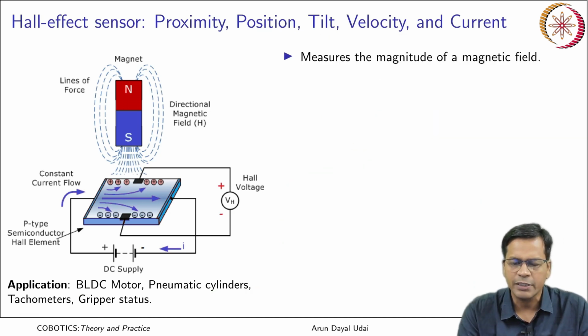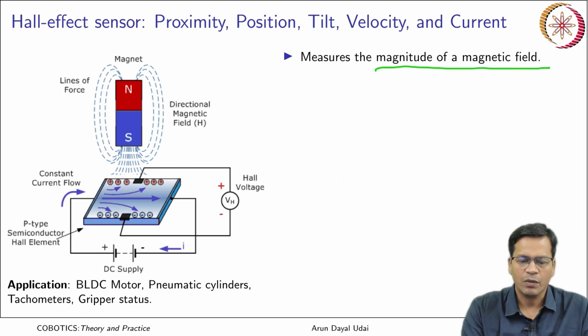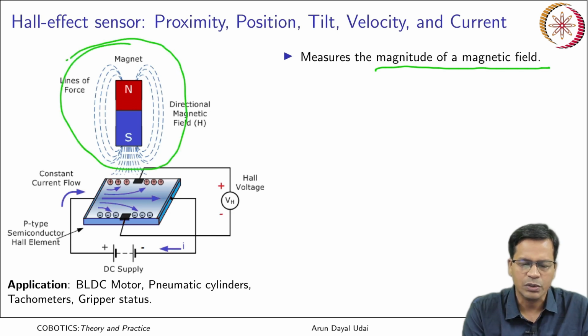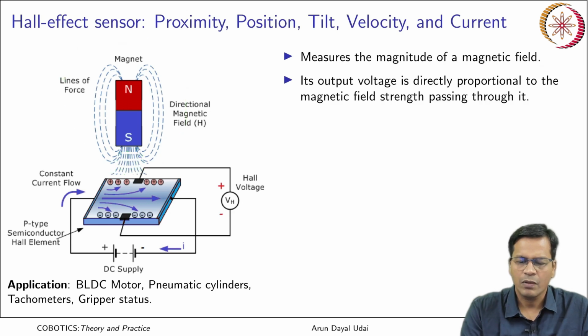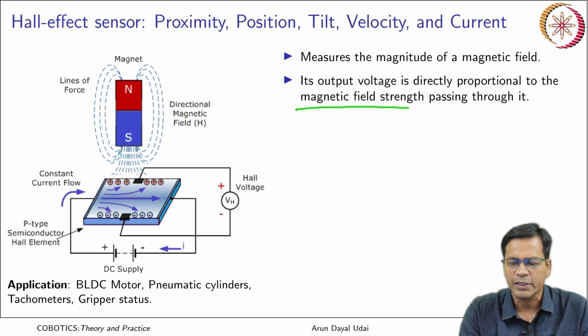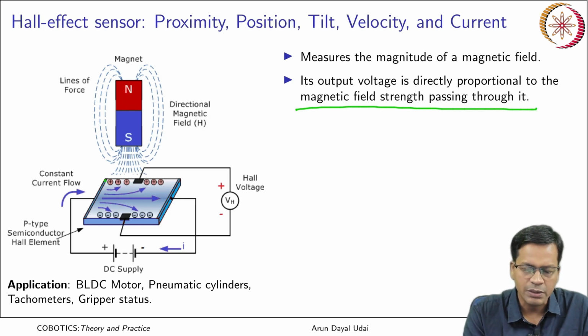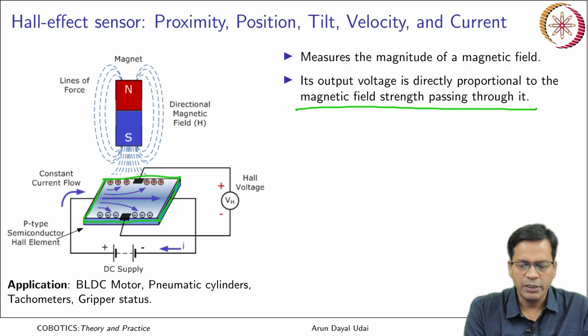How it works, basically it measures the magnitude of magnetic field. Okay, so this is just a magnet to create the source here. So, magnetic lines of force are shown here. Its output is directly proportional to the magnetic field strength passing through it. So, this is the Hall effect sensor. The output Hall voltage is proportional to the magnetic field strength that is passing through